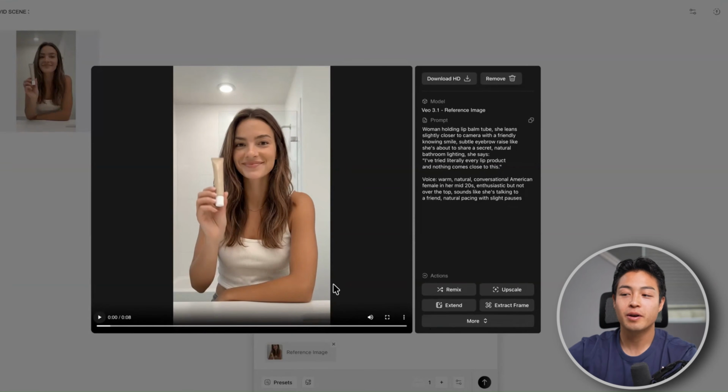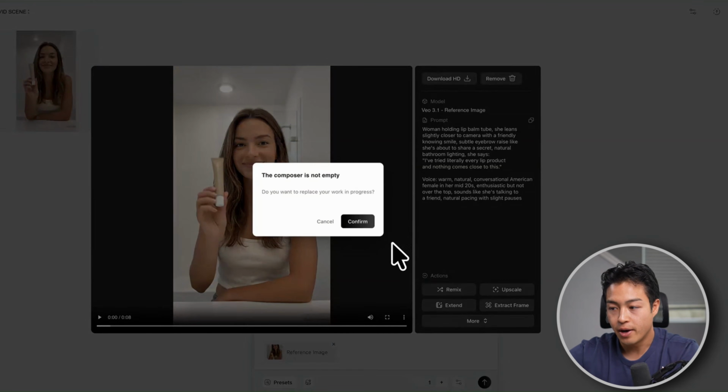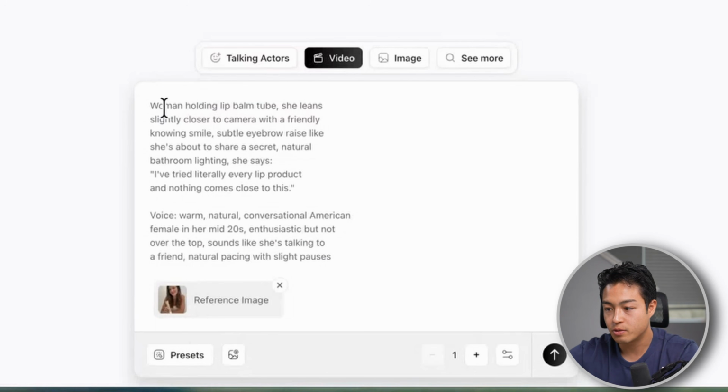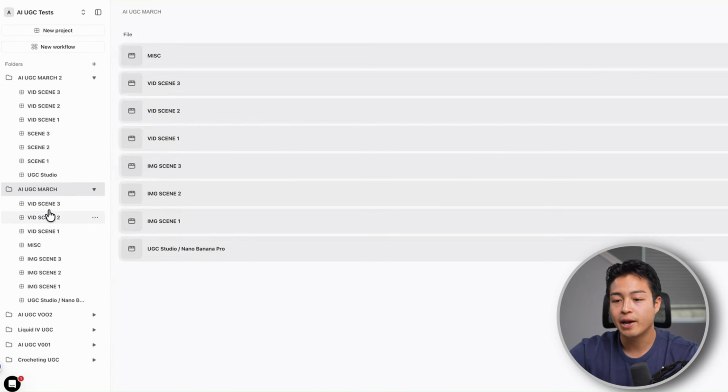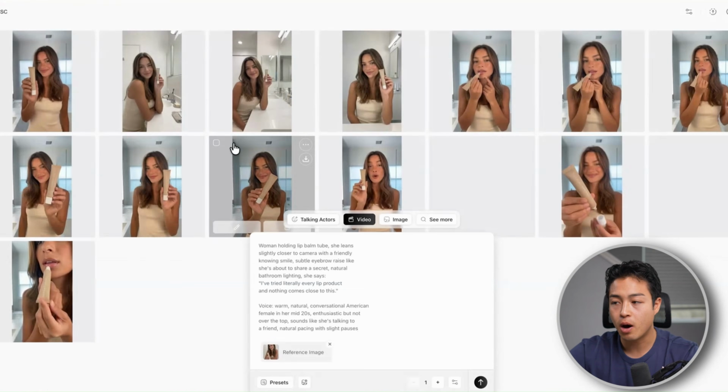Crazy. So if I want to make any adjustments to this video right here, all you have to do is press this remix button right here, confirm, and then it's basically going to allow you to make any adjustments to the prompt itself. And it's going to use that initial reference image that we used to get another variation. And what you could also do if you want is play around with other types of models like